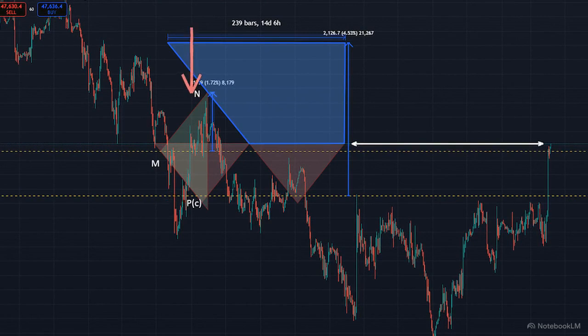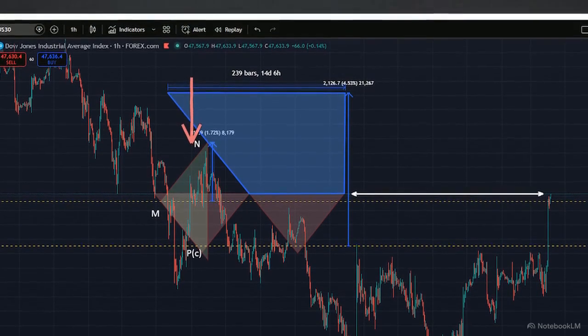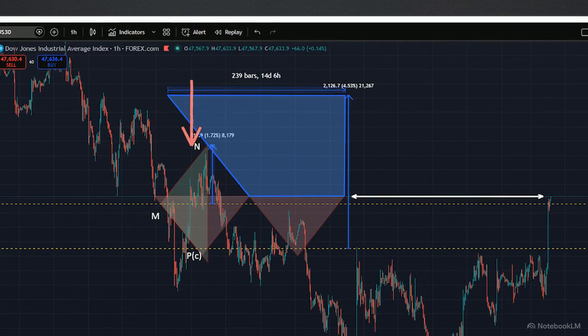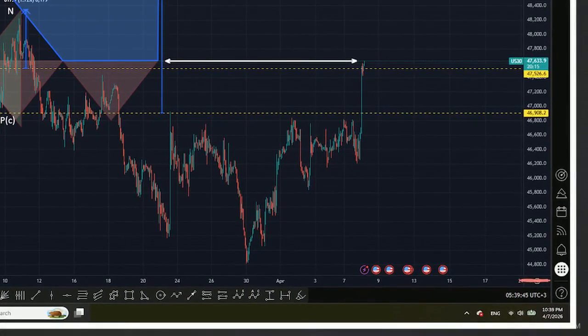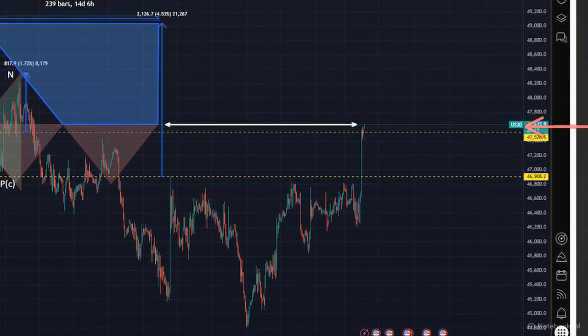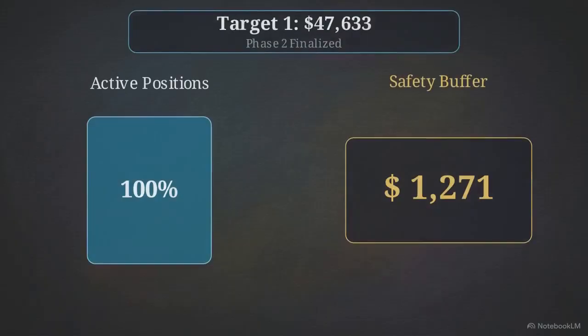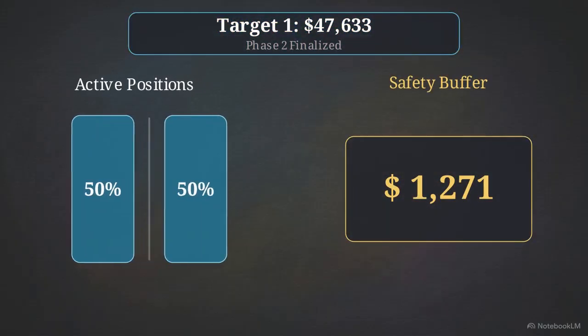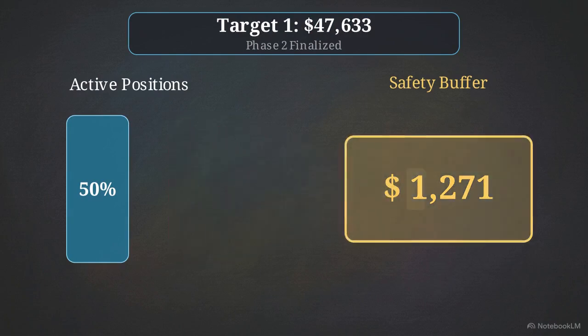Upward price movement approaching the N level then generated an initial safety buffer balance of $1,271. The system registered a corresponding mathematical adjustment, shifting the structural risk boundary up to $44,805. The price eventually physically touched the trapezoid lower boundary at Target 1, fulfilling the $47,633 threshold. Crossing this boundary finalized Phase 2, releasing half of the open positions and increasing the working safety buffer to